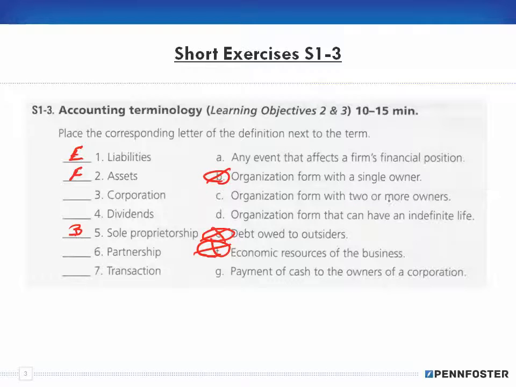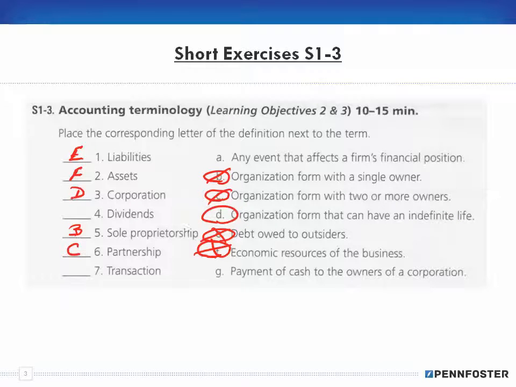An organization form with two or more owners would be a partnership. And of course that leaves, just by deduction, an organization form that can have an indefinite life would be D